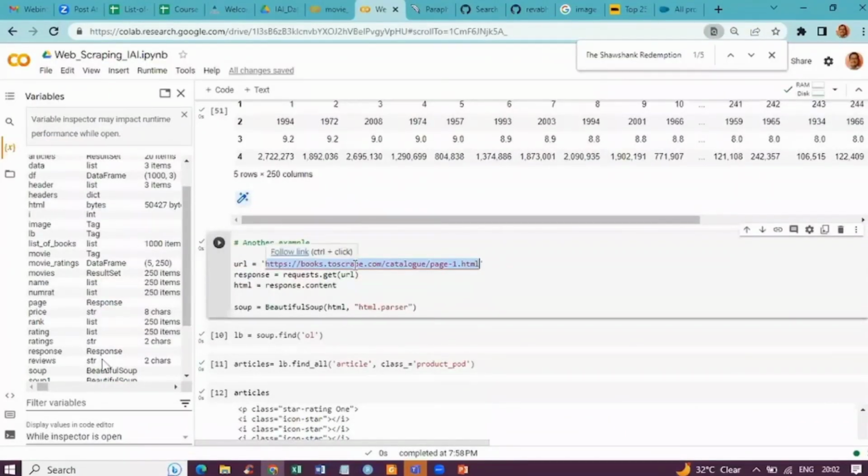So I'm setting my URL again. First thing, always make a get request. So initially I'm starting off with the first page, but after that I will dynamically put that into a loop. So what do we do? We get the URL,